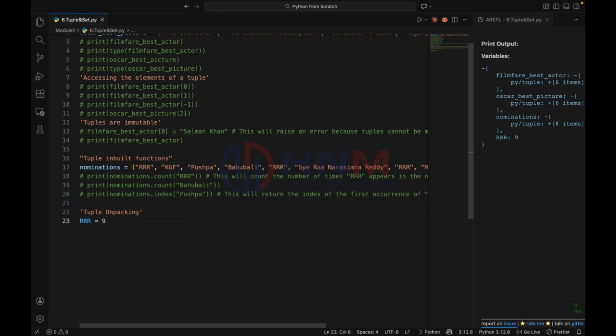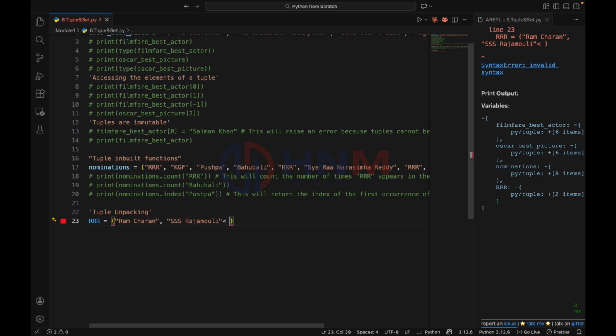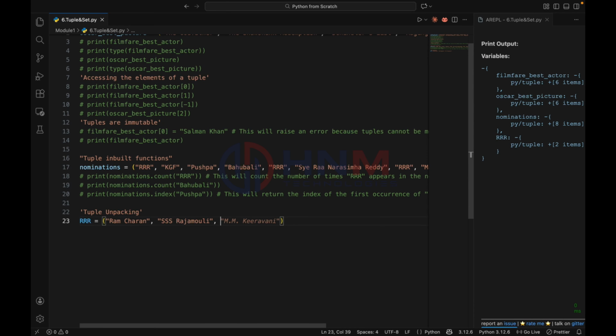I'm going to give the director name, S. S. Rajamouli, and I'm going to give a rating, because we're going to use different kinds of data.